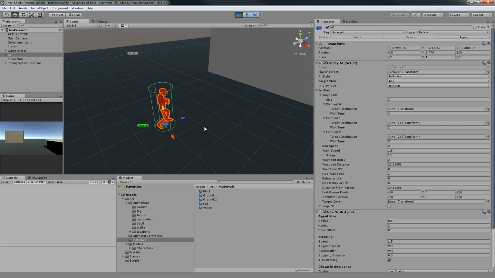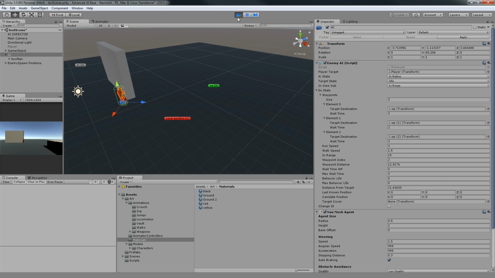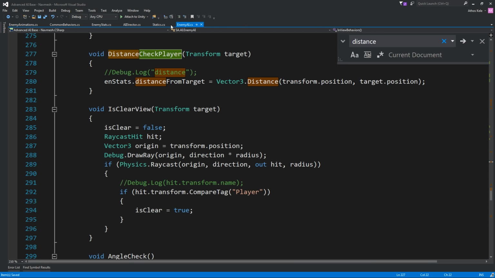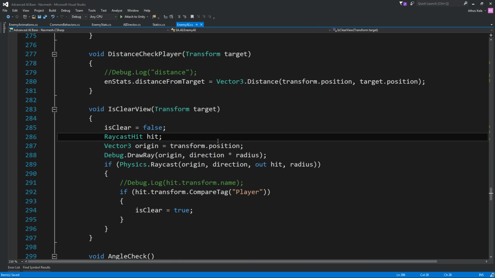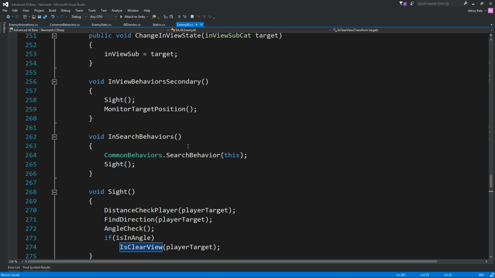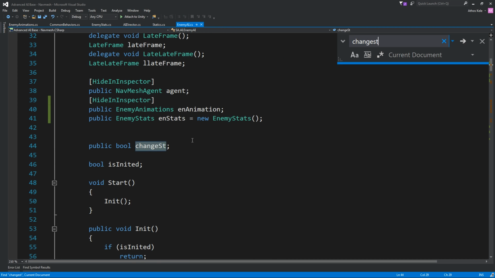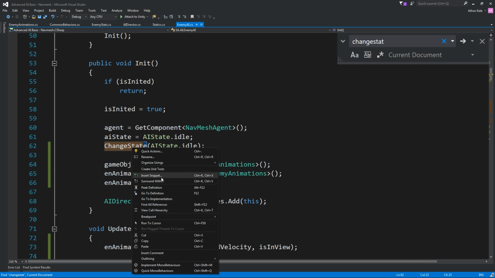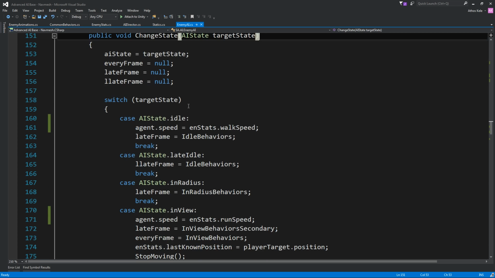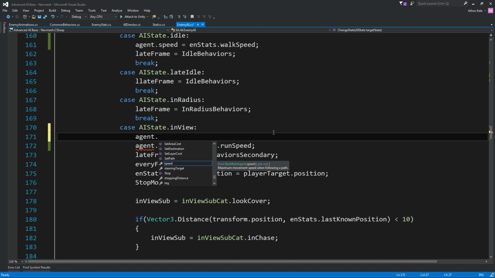Okay, but you can see on the other one it's going to work just fine. So let's test the new stuff we've added. So our enemy AI, what we're going to do is, when you are actually seeing the player and when you're changing your state, let's see, change state, let's do a go to definition or F12. Okay, change state. When you are in view, let's say on our agent,